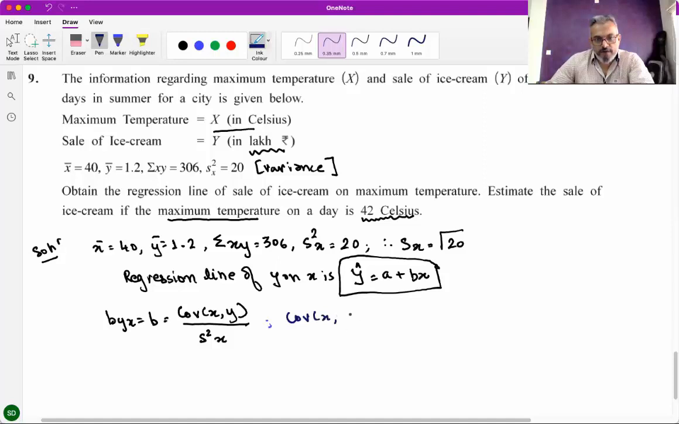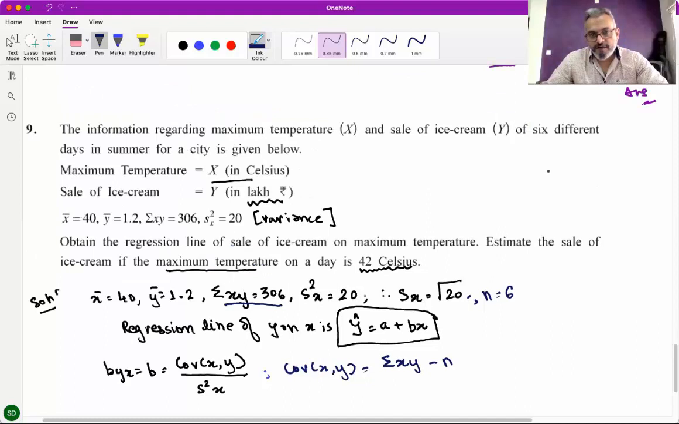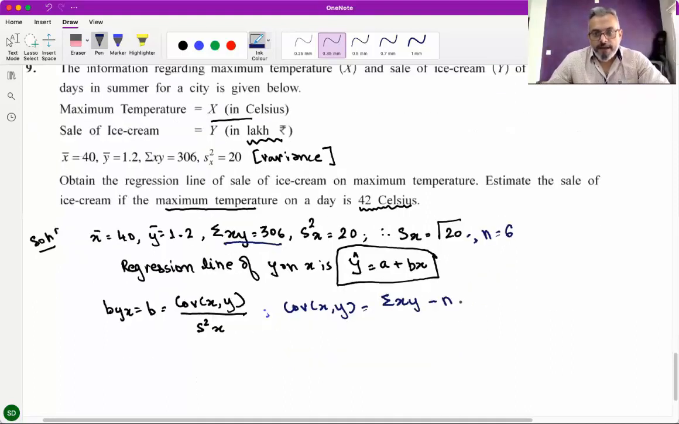Covariance x comma y is equal to, now which formula we will use? Because we don't have x minus x bar, y minus y bar. So here we use the other formula, sigma xy, because it is already given, minus n. Okay, let's write what is n. N is equal to 6 because it is given 6 different days. N into x bar y bar upon n,